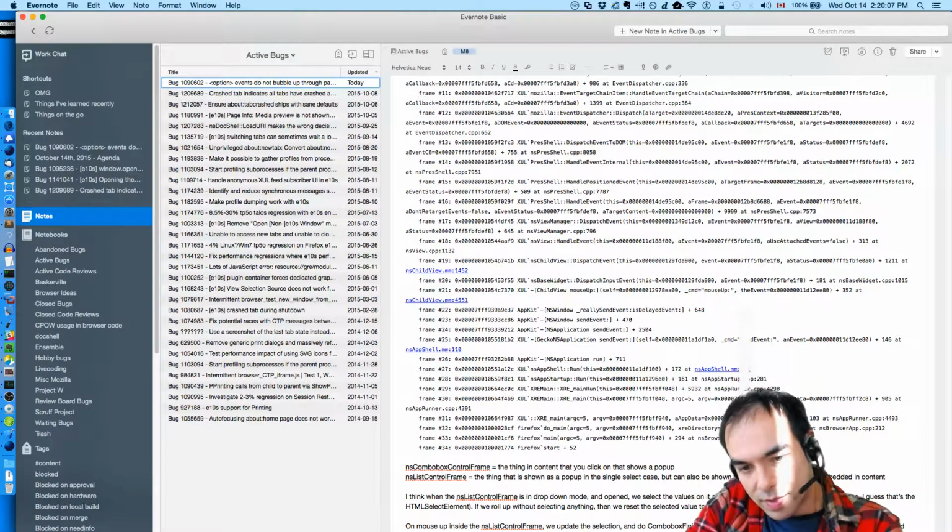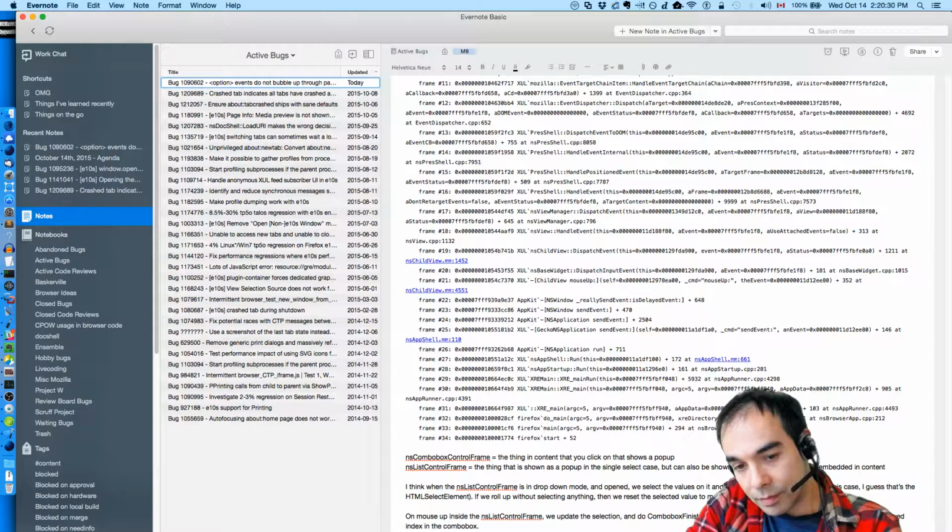It'd be so nice if we could have some kind of drop-in replacement for NS list control frame that did the work of messaging up to the parent. Like, we could fake one out. And it did the messaging, and so NS combo box control frame would know how to interact with it.